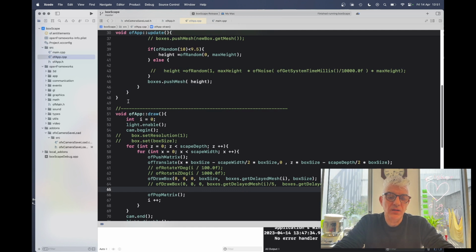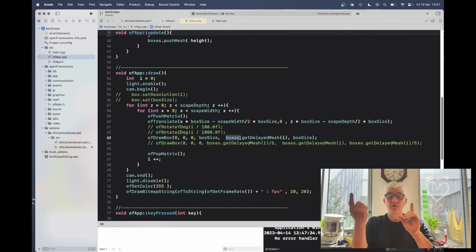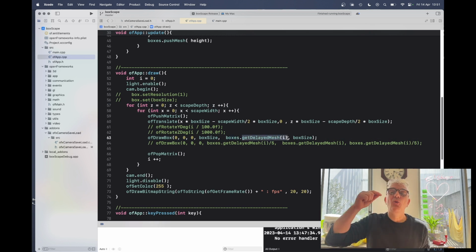So in my draw routine, when I'm going across the width and the height, when I use draw box, I'm saying go to this ring buffer and get me wherever the index is and count from what it thinks is the beginning of this sort of pretend ring. What it looks like